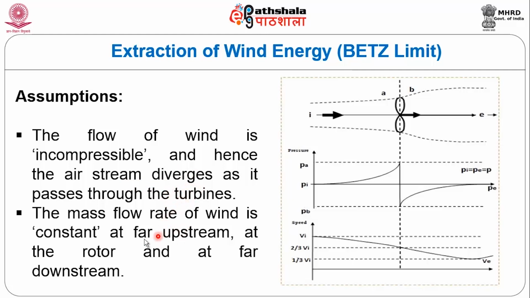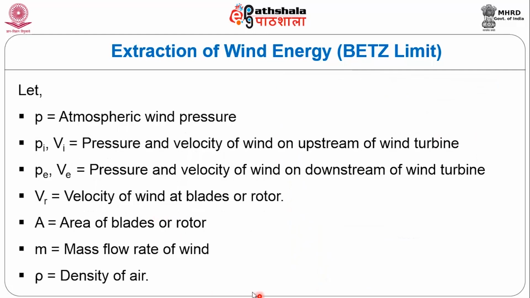The mass flow rate of wind is constant throughout: far upstream, at the rotor, and far downstream. So, the mass flow rate of wind before the rotor, at the rotor, and after the rotor is constant, and the flow of wind is incompressible. These are the assumptions made to do the derivation, and these are the notations for the pressure and velocity